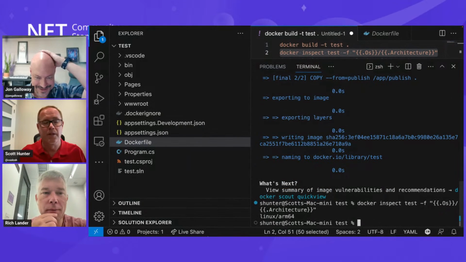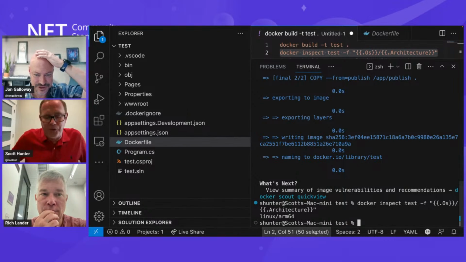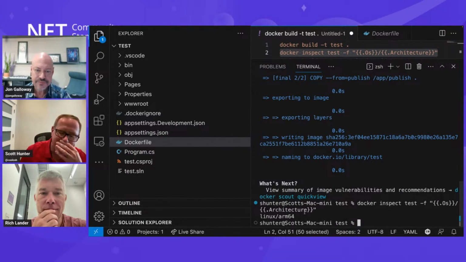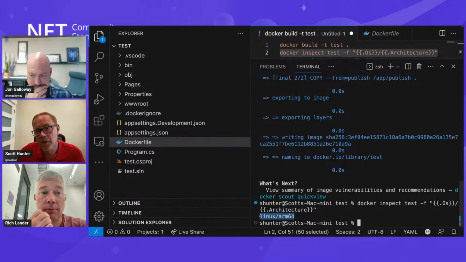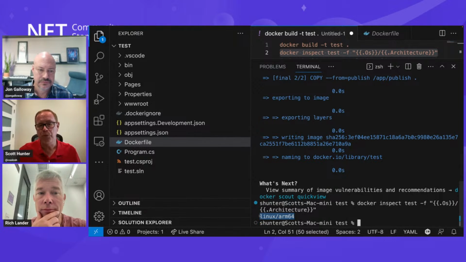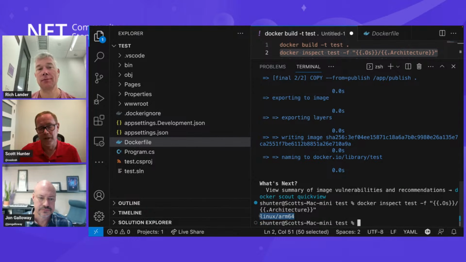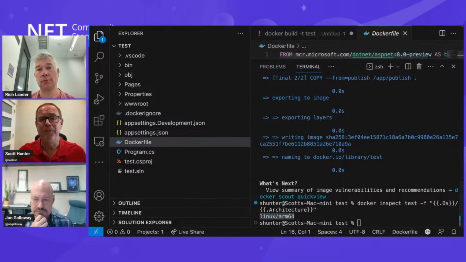Okay, that's tremendously better. So you can see here when I ran that, this basically says that I built a Linux ARM64 container. Now, there's a problem with that. I can't publish this container to Azure or any machine that's x64. And so this is great. I can run the container great locally, but there's no way to publish it. And so the folks at Docker added a feature to Docker that solves this. And what that is